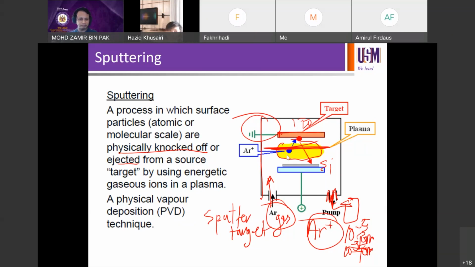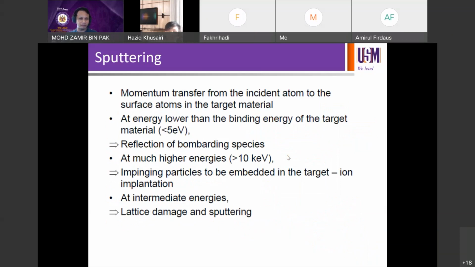Sputtering involves momentum transfer from the incident atom to the surface atom in the target material. So the momentum comes from the plasma itself, from the plasma to high energy ions. You can even accelerate the ions. For example, if you go back here,